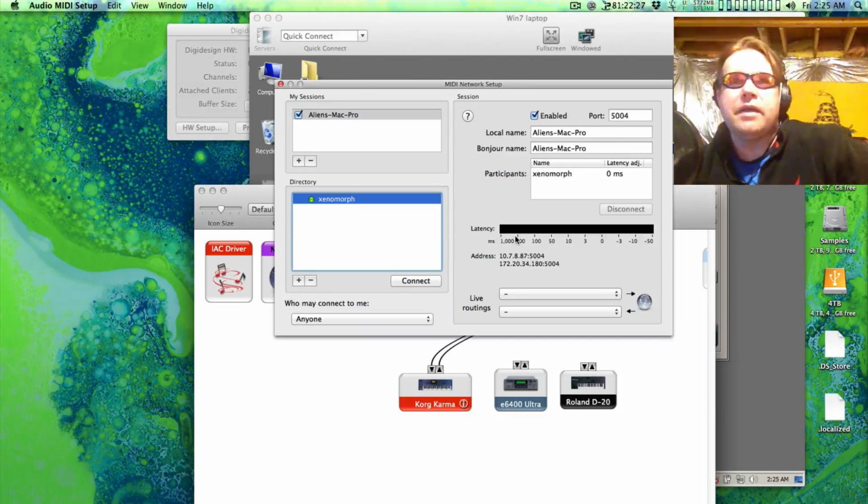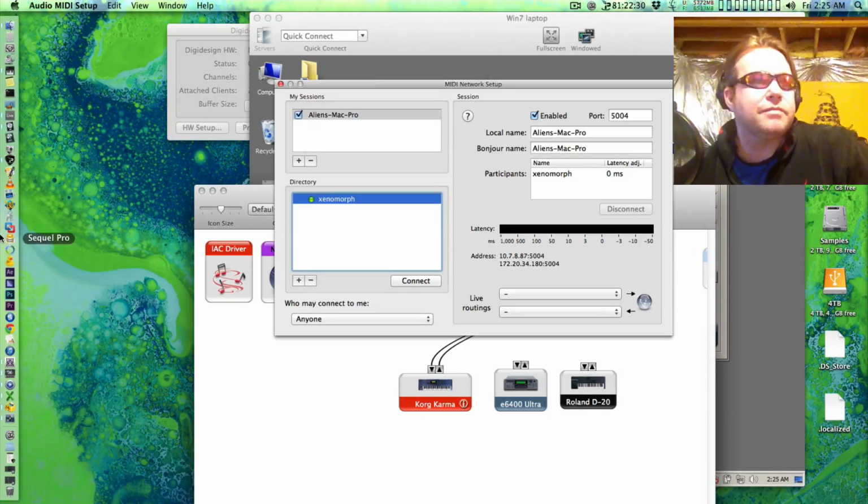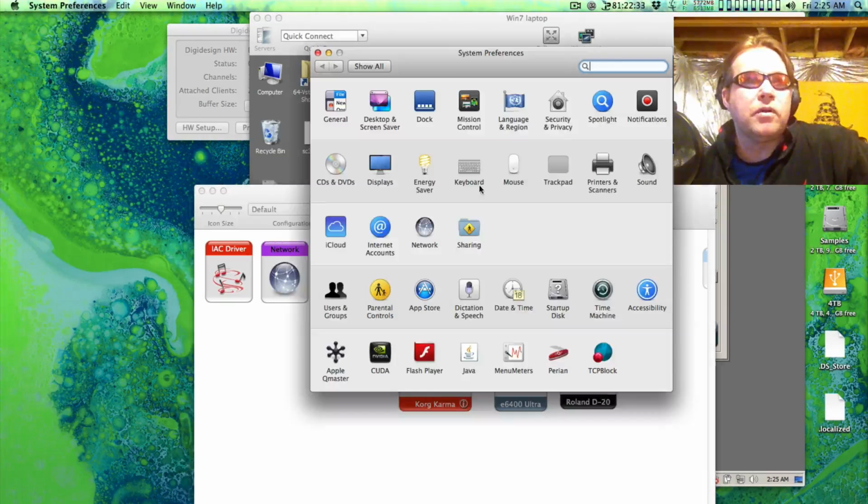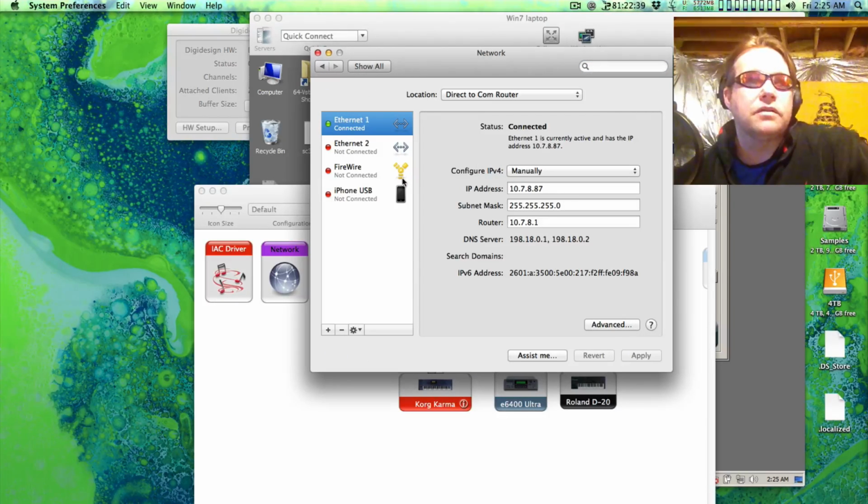Now, what I mean by same subnet is, all right, we're going back here, getting crazy now, pulling up my old IT experience. So if you go in network, right now I have a static address and I have it set manually. You could have DHCP, whatever. It doesn't matter. And on here it says a subnet mask of 255.255, blah, blah. And you just want to make sure that this is the same, and also that your 10 address, like right now I have 10.7.8, those three octet numbers, you want to make sure